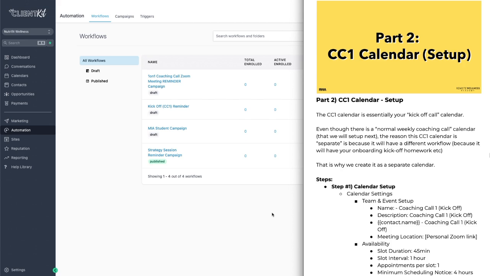All right, welcome to part number 2 of your calendar setup. In this section, we're going to set up your CC1 calendar. Now, the reason why your CC1 calendar, your coaching call number 1 calendar, is separate from the rest of your coaching calls is because this is essentially going to be your kickoff call calendar, okay? And so the workflow that we set up with all of the text messages and emails is going to have the link to your intake form and to your Google form and all of that kind of stuff. And so even though we are going to have a normal weekly coaching call calendar,